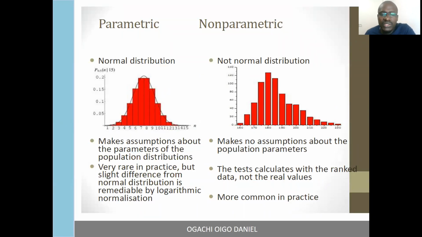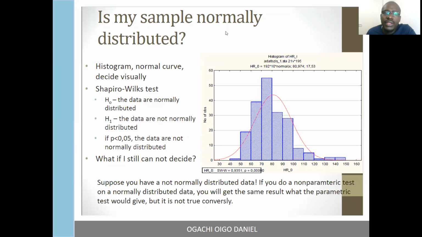This is shown in this figure. This is for parametric, where the data is normally distributed, and this is for not normally distributed data, for non-parametric analysis. If we want to establish whether your sample is normally distributed, we can use the Shapiro-Wilk test.